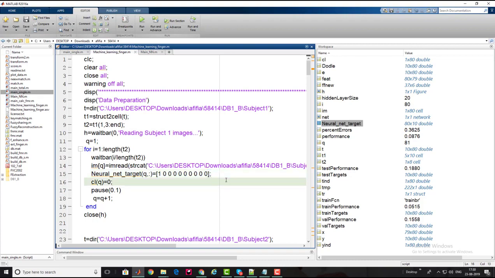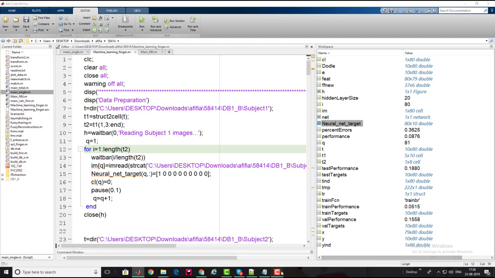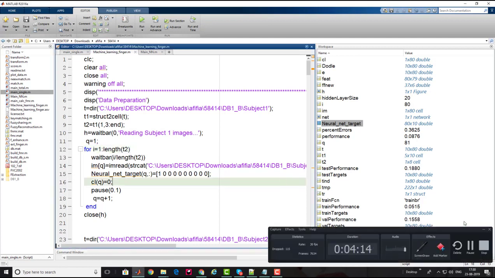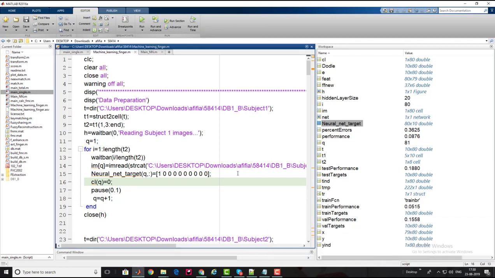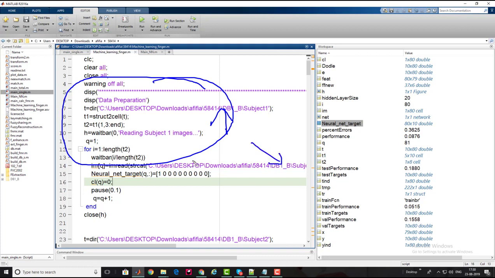Okay guys, so let's move forward and see how I create the dataset. I put each subject image in a separate folder, and you can see here I'm reading subject 1 first, reading all the images of subject 1.